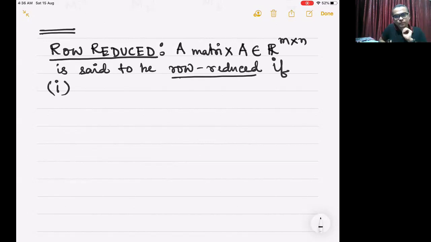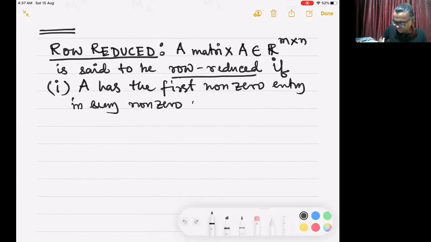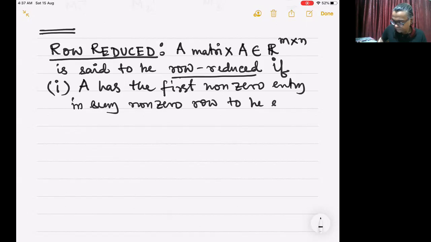Number one property, A has the first non-zero entry in every non-zero row to be equal to 1. Such an entry would be called,